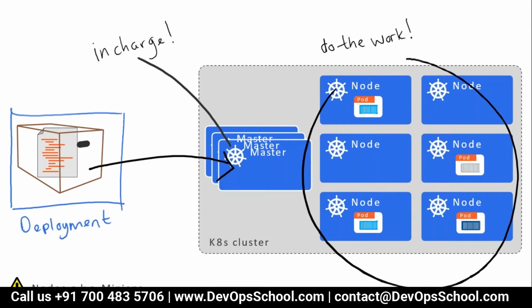Work means what? Whenever I say work, it means running the container. Mind it, I said running the container. But now guys, if I look at the image, I see something different. I see that the packages are being deployed to the master, who's in charge of the entire cluster. Master manages the nodes, multiple nodes, in this picture 6 nodes. But I see that each node has one pod. What is a pod? I don't know.